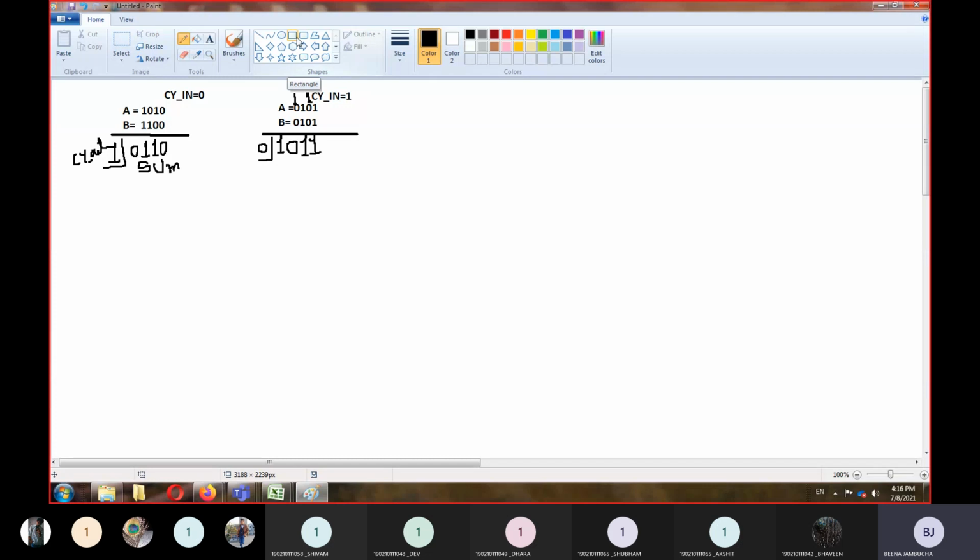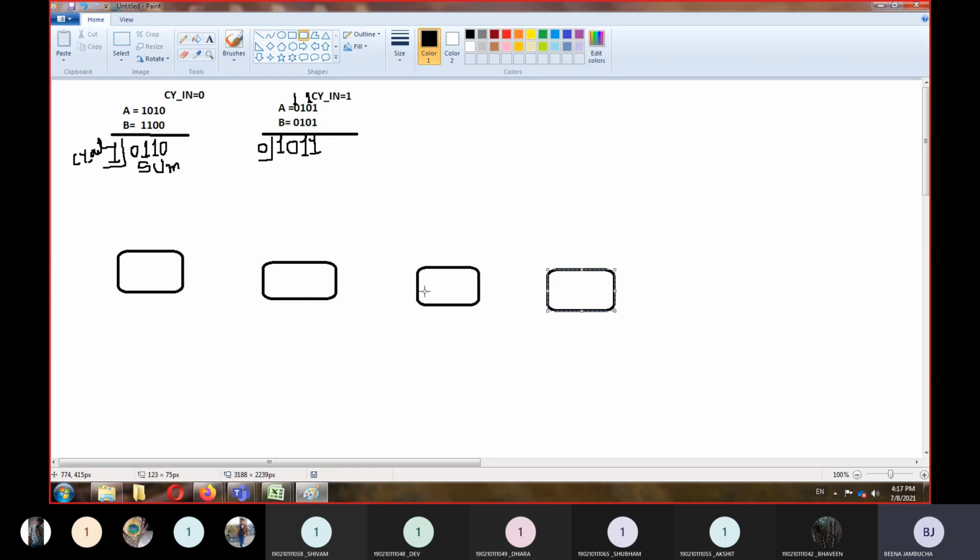So in the design form, how does it look? In the design form, we will have to use 4 full adders: full adder 1, full adder 2, full adder 3 and full adder 4. Here the input carry will be provided and 2 input digits.